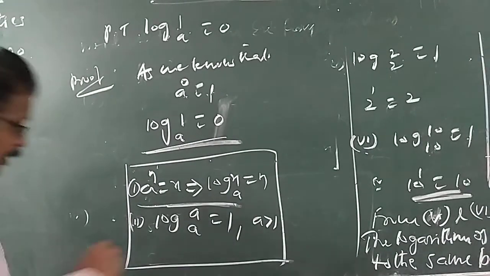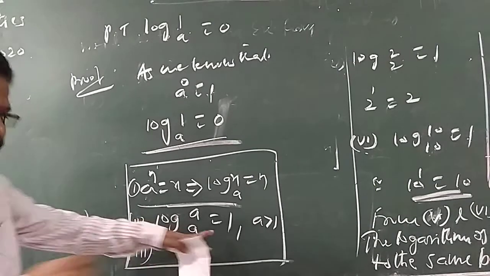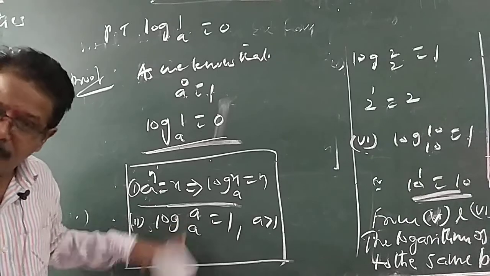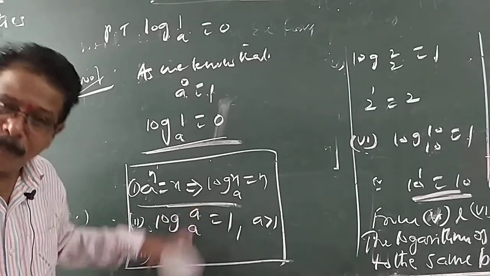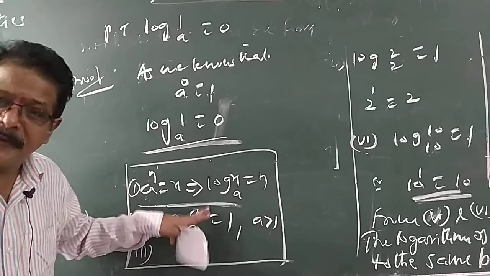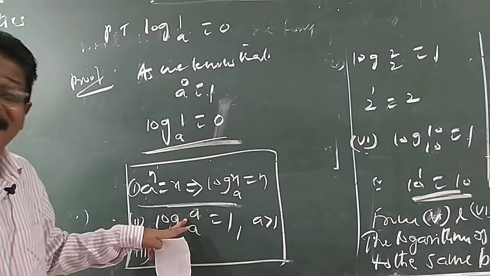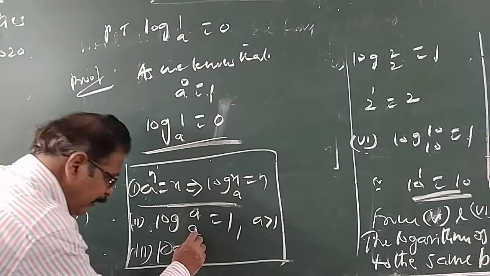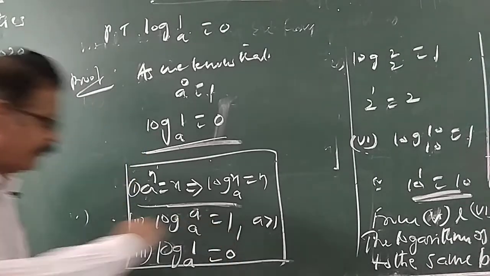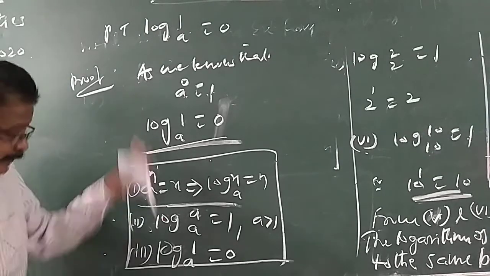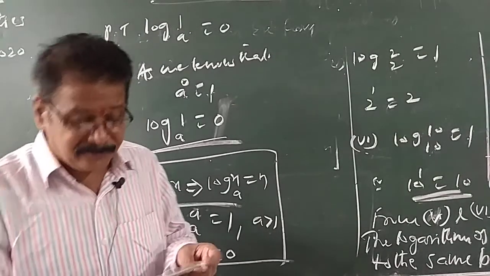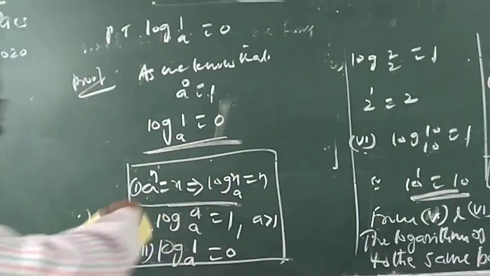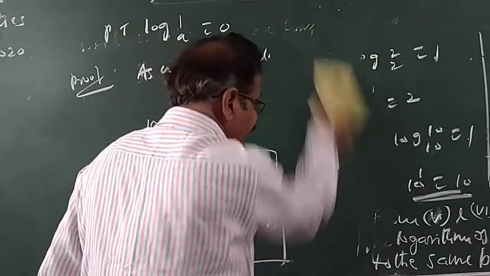Condition applies here. And third one, log A base A is 1, A should be greater than 1. Log 2 base 2 is 1, log 3 base 3 is 1, log 4 base 4 is 1, log 5 base 5 is 1, log 6 base 6, log 7 base 7, log 8 base 8, log 10 base 10 is 1. A should be greater than 1. So, the logarithm of unity, log 1 base A equal to 0. These three we discussed today. I hope you understand. Now I will give some assignment problems you do at home. Now you note down. Assignment I will give here.